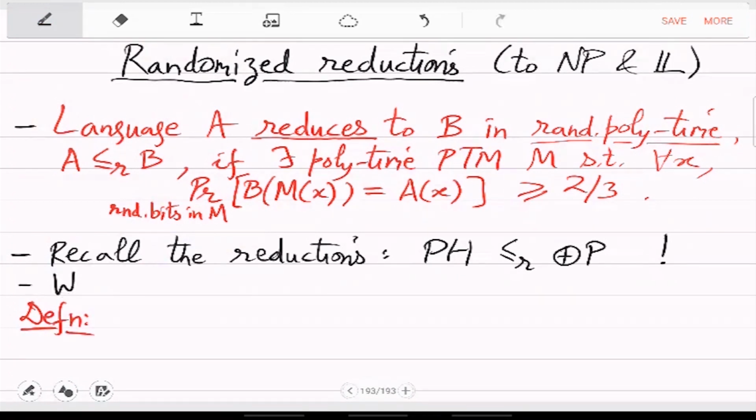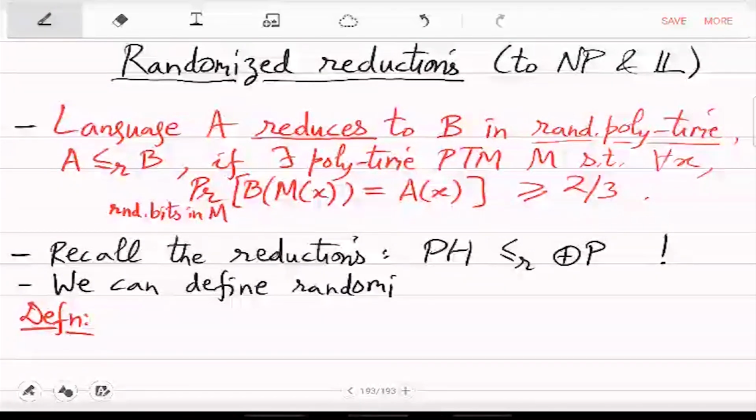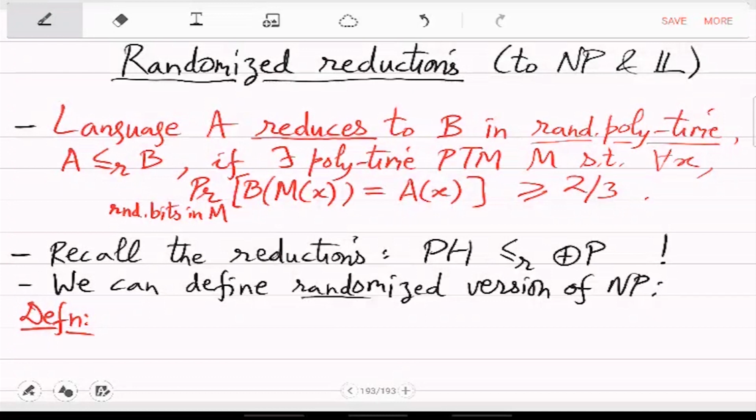So we can define a randomized version of NP now. We'll call it BP.NP. BP.NP is defined to be the set of those problems that reduce to SAT